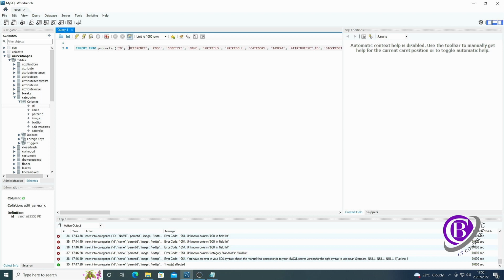Inserted into products, ID reference to that's fine. Got these values. I'm not expecting this to work, but